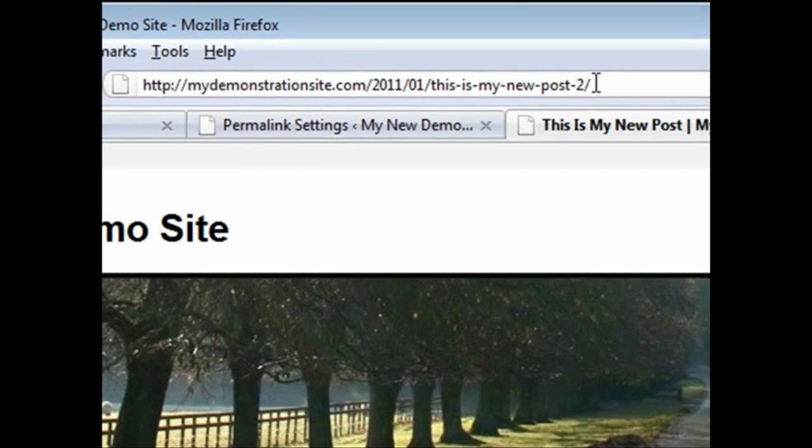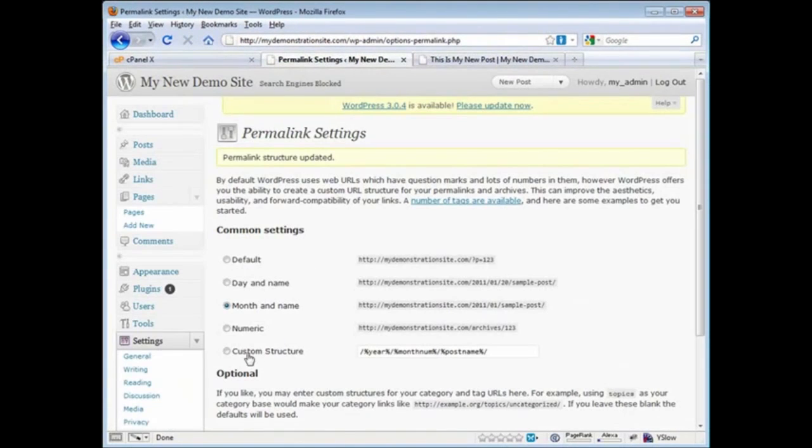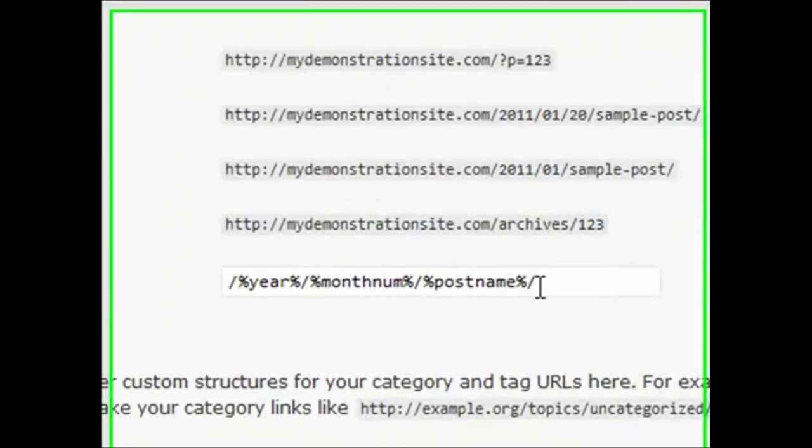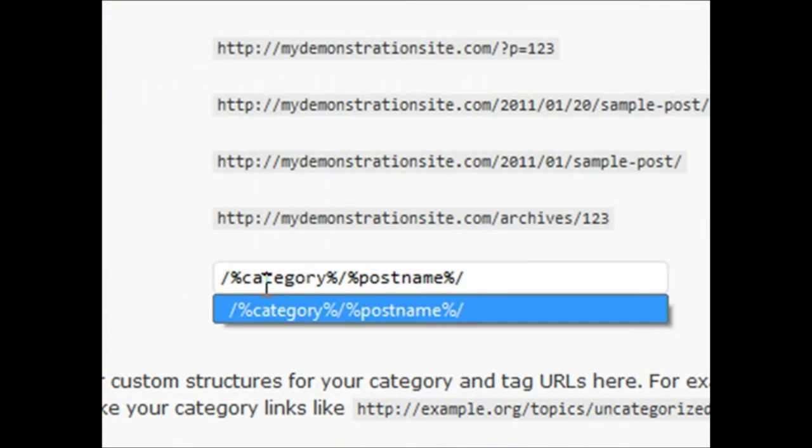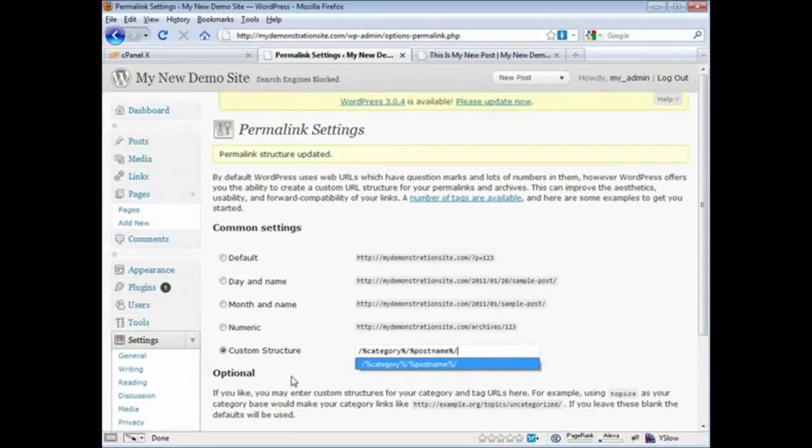But even better than this is a custom structure like this, where it would have the category and then the post name. That way search engines would see that it's in the dog category, and that, well, if I would name the post properly, that it was related to my dog's name and some funny act that he did. That is, that he roots around in the snow. Anyway, so if we did this,